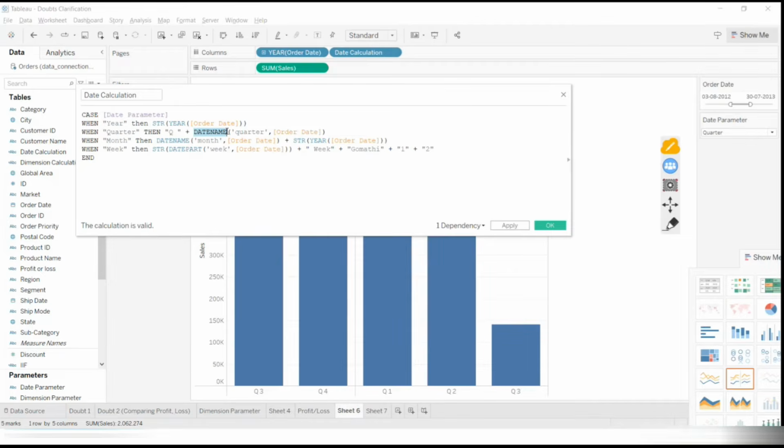Any doubts, please? Or else we can leave for the break. If you have any doubts, or any error while creating a calculated field, please let me know. I can clarify it here. But please try to type. Okay, so shall we go for the break? You all are fine? Yes, go. Great. So we will meet